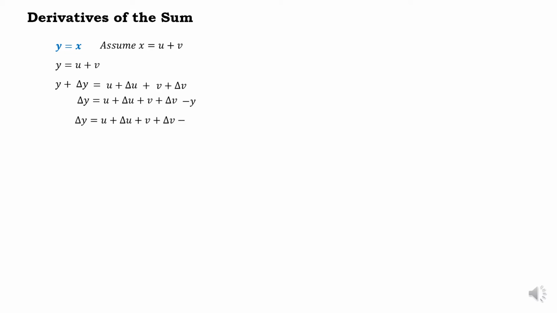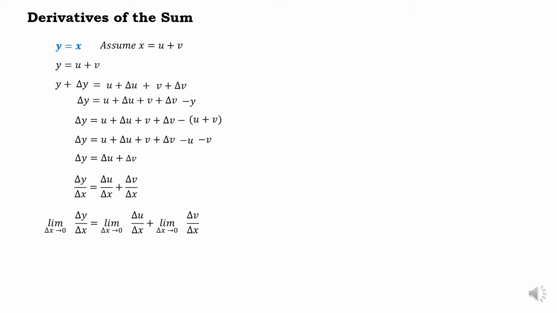Substitute the value of y which is equal to u plus v and remove the parentheses. Negative times u is negative u, negative times v is negative v. Then combine similar terms, therefore the increment of y is equal to the sum of increment of u plus increment of v. Divide the entire equation by increment of x, then establish the limit as increment of x approaches